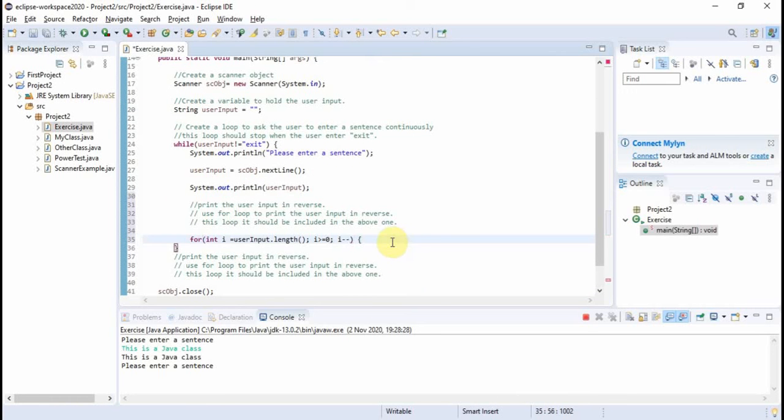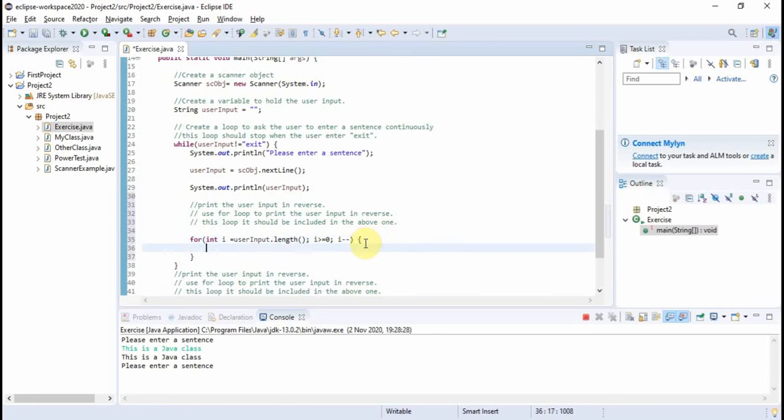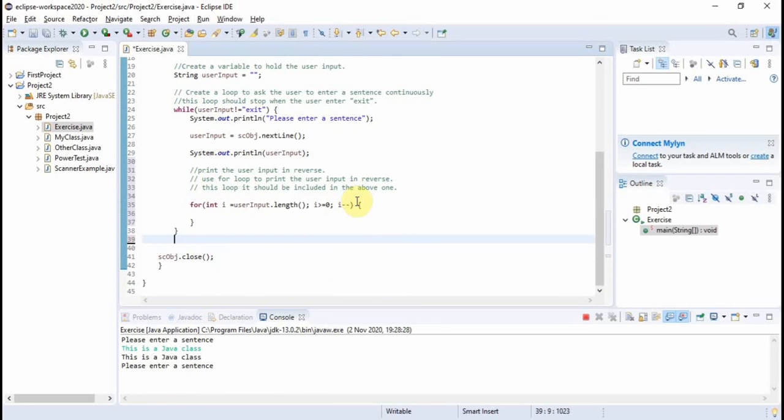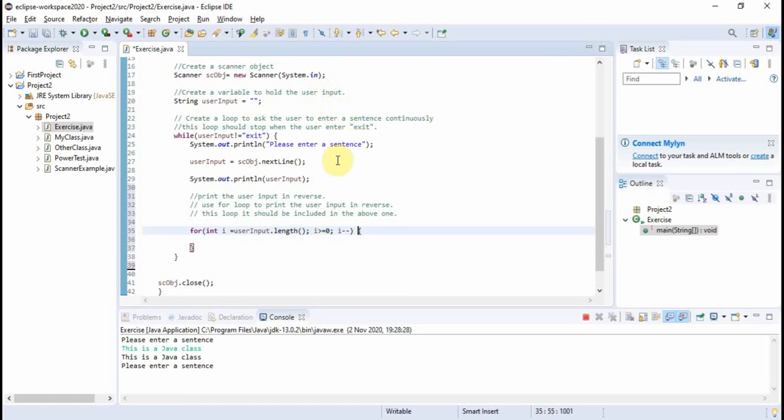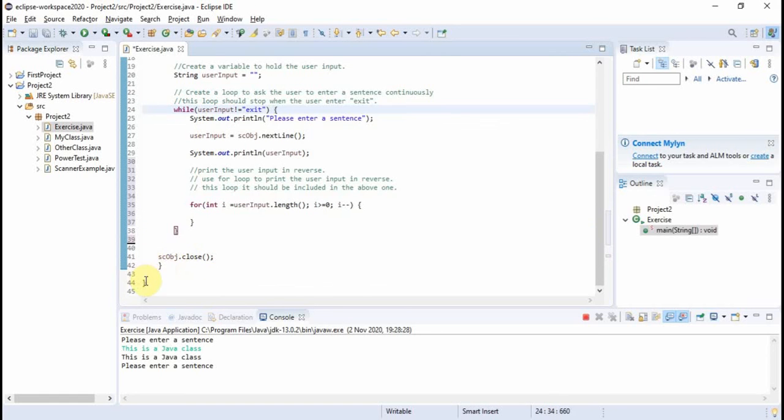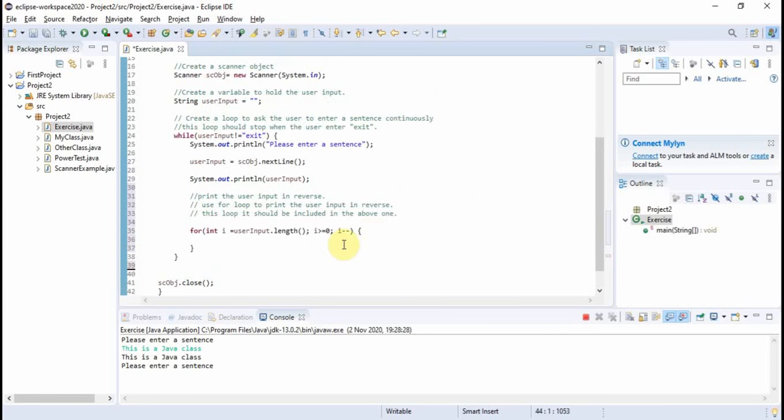All right. Open curly bracket, close curly brackets. Now, so this is the for loop, this is the while. Where is the while loop? This is the while loop, and this is the main method, and this is the end curly bracket for the class itself. For integer i, userInput length, now we're gonna say